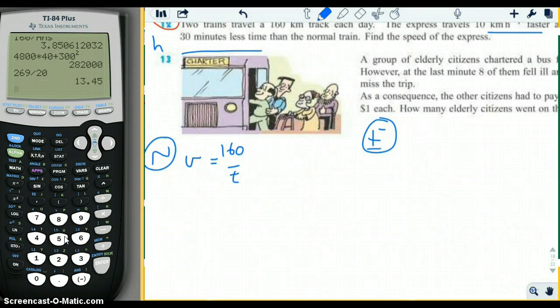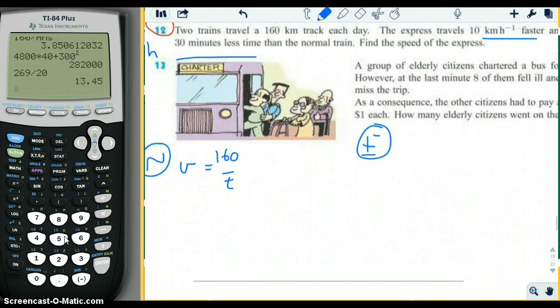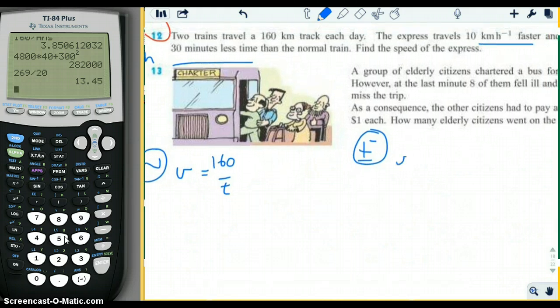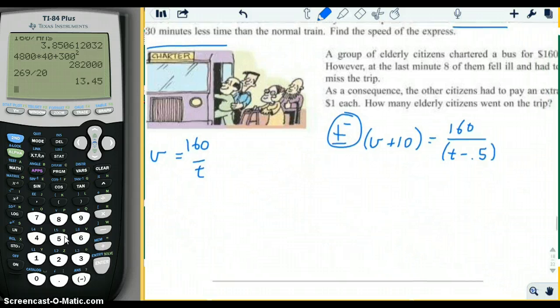The express train travels 10 kilometers an hour faster than the normal train, so it's v plus 10. It goes 160 kilometers also, and the time is 30 minutes less, so it's t minus 0.5. And then,